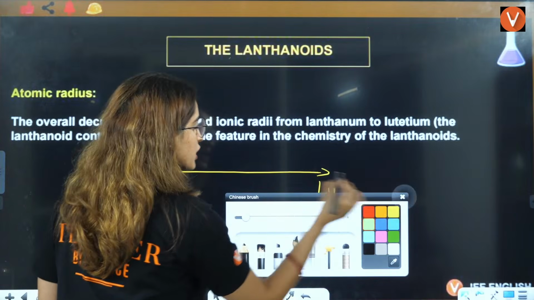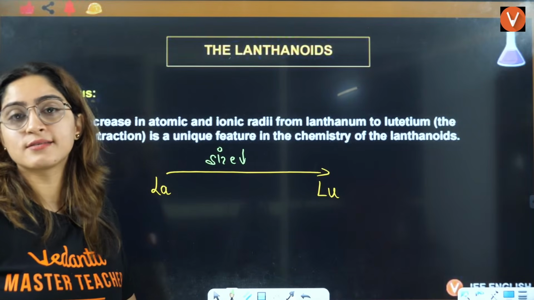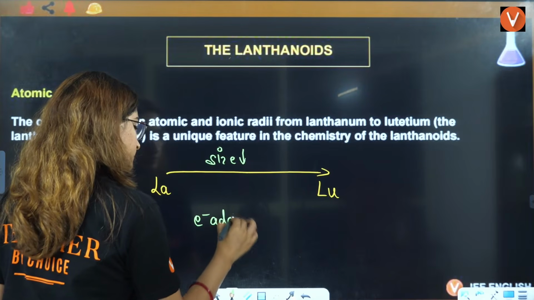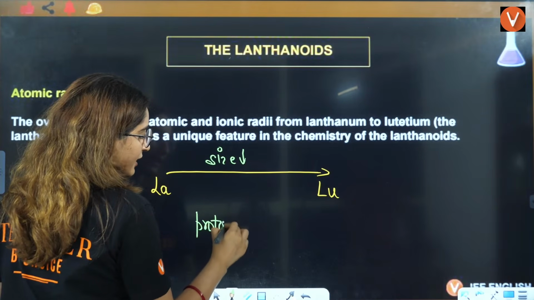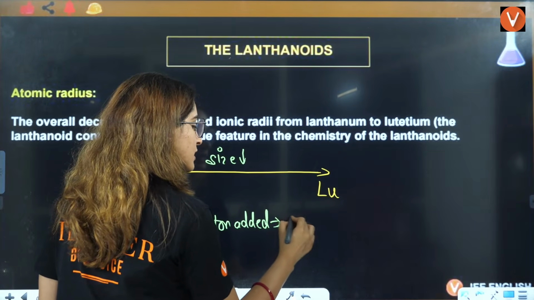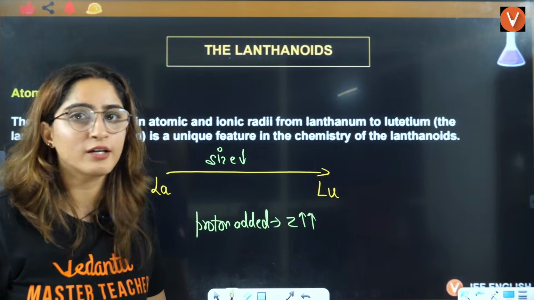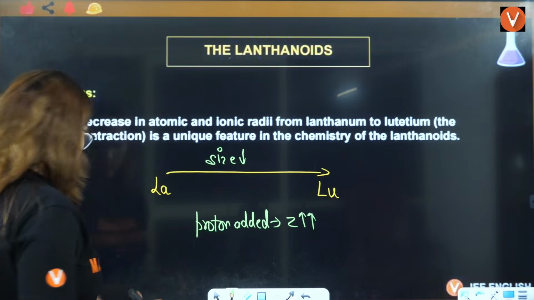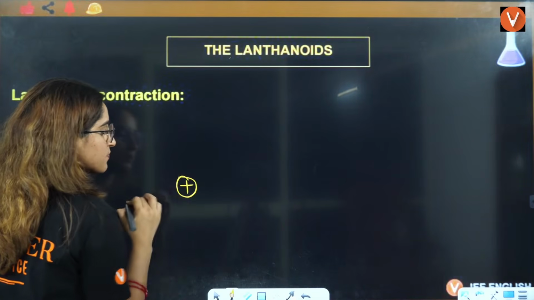From lanthanum to lutetium, actually what happens, size is decreasing. Now I'll tell you why size is decreasing. If you see here, electrons are being added and protons are added. Because protons are added here, so Z effective is increasing. One proton is being added here, atomic number is increasing, so Z is increasing, right? But here there is a concept called lanthanoid contraction, in which what happens,